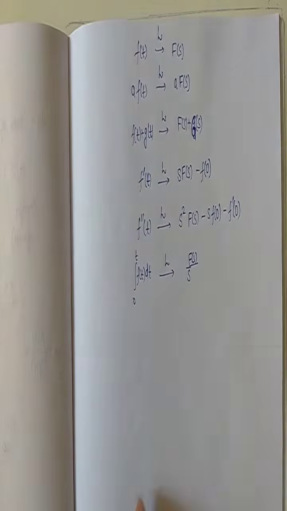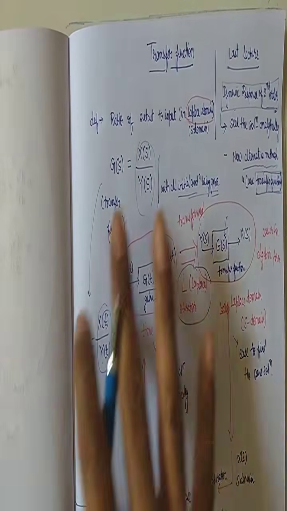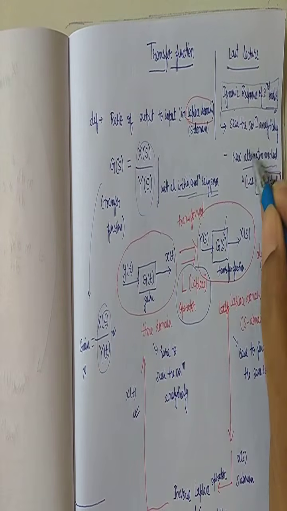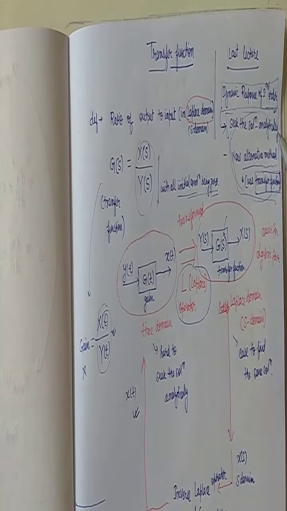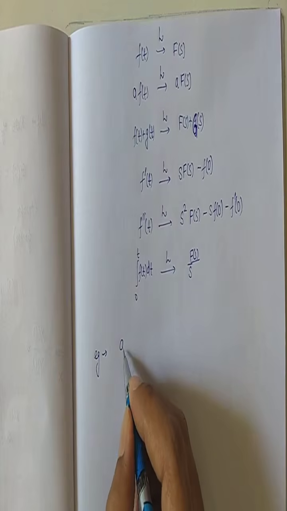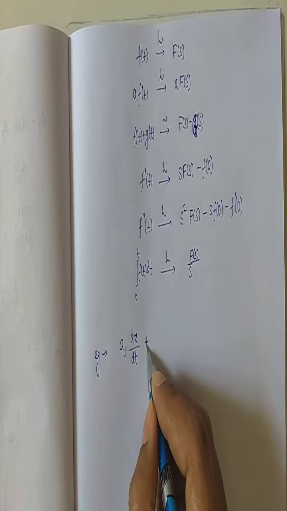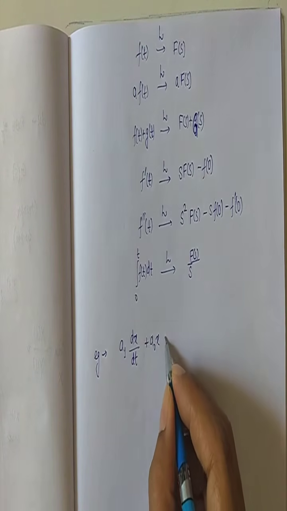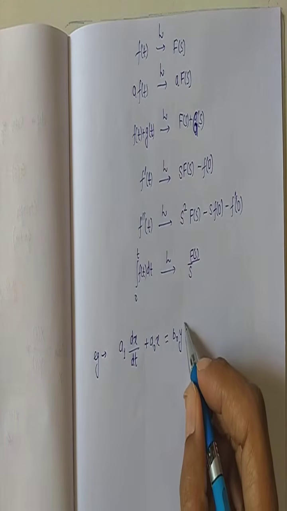Let's take an example to understand more about the mathematics behind this transfer function. We have not so far talked about seeking the solution, how we are going to seek it, but in the subsequent lecture you will see how we are going to get the solution alternatively for first order and second order systems. So let's take an example. Let's suppose we have a first order system like this: a1 dx/dt plus a0 x is equal to b0 y. This is my input.